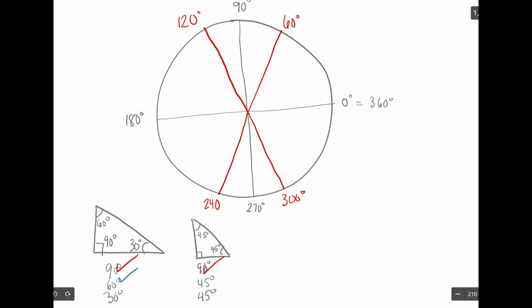Let's count by 30s. 0, 30. Okay. Let me draw this bad boy up in here. So 30 degrees. 0, 30. Oh, 60 is already up there. 90 is already there. 120 is already there. 150 is not on there yet. Maybe you sense a pattern that relates to what we did in class the other day. Interesting. That's why I'm color coding it, so you can compare it to the rest of your notes. Okay, 0, 30, 60 is already there, 90 is already there, 120 is already there, 150, 180 is already there,